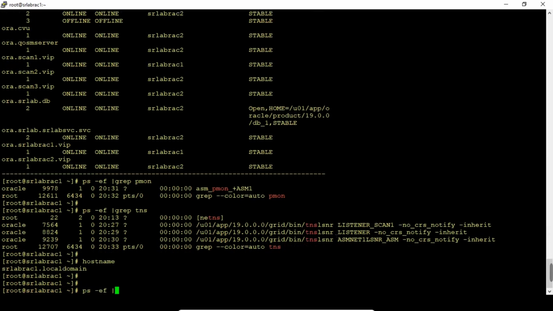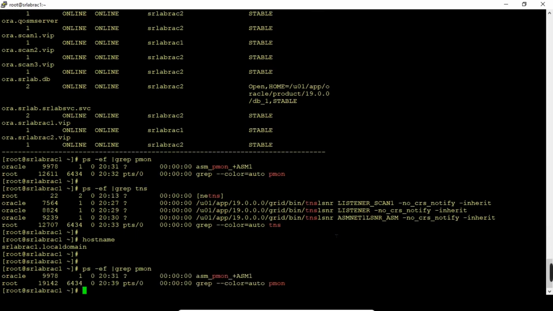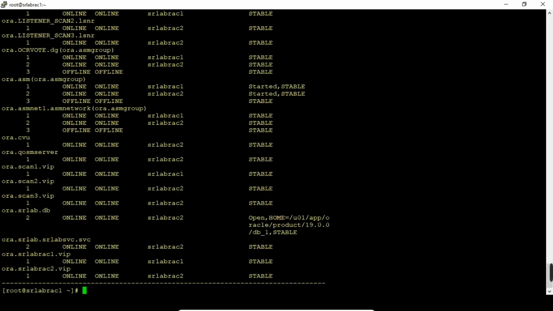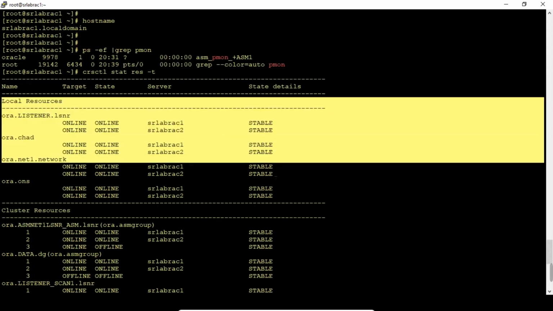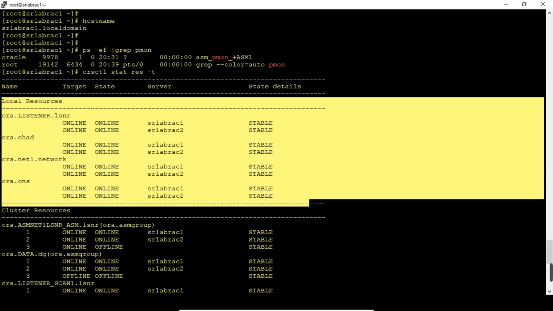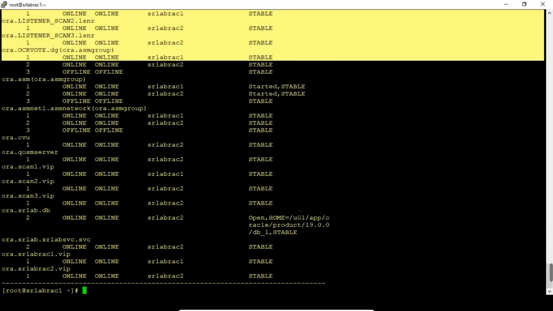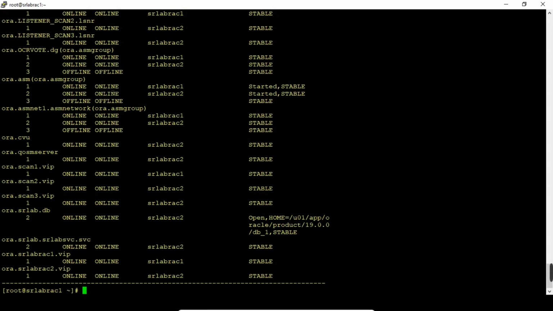Now you can see there are no DB services running on node 1. You can see here that the local service is running and the cluster resources are running. The cluster is started and stable, and here you can see the DB services running on SR lab rack 2, I mean rack node 2.